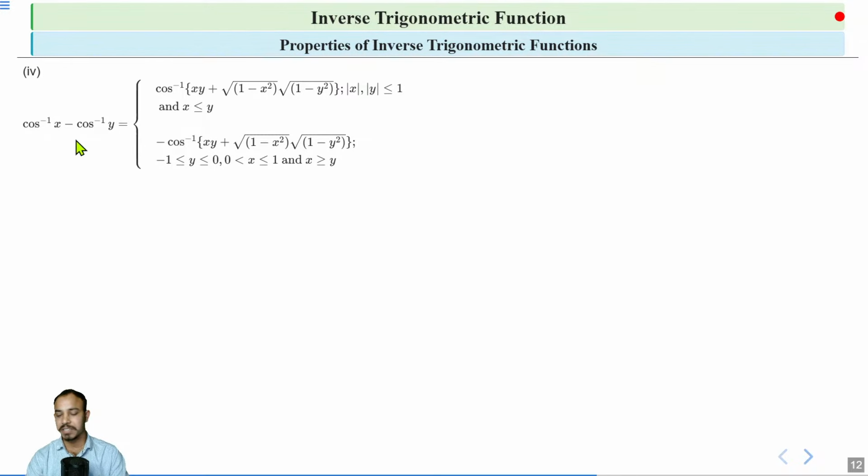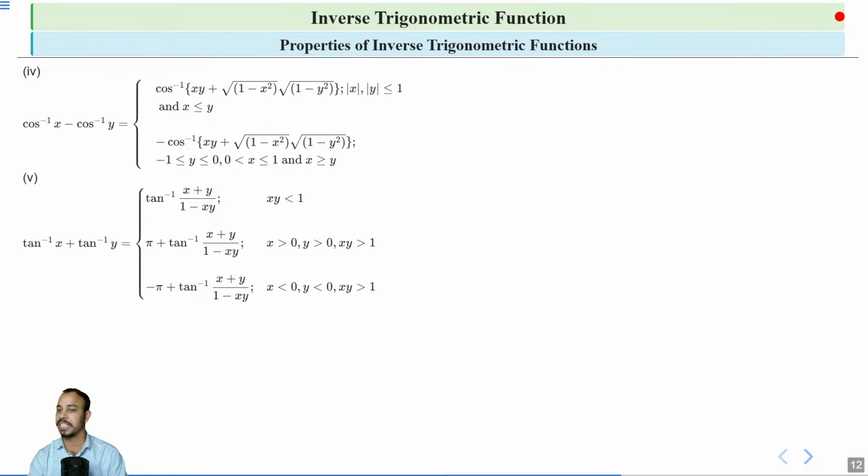Now see here, cos inverse x minus cos inverse y. Okay, so when |x|, |y| is less than or equal to 1 and x is less than or equal to y, then cos inverse x minus cos inverse y is equal to cos inverse of (xy plus square root of 1 minus x square times square root of 1 minus y square). Okay, and when minus 1 is less than or equal to y less than or equal to 0 and 0 less than x less than or equal to 1 and x is greater than or equal to y, then cos inverse of x minus cos inverse of y is equal to minus cos inverse of (xy plus square root of 1 minus x square times square root of 1 minus y square). Okay,